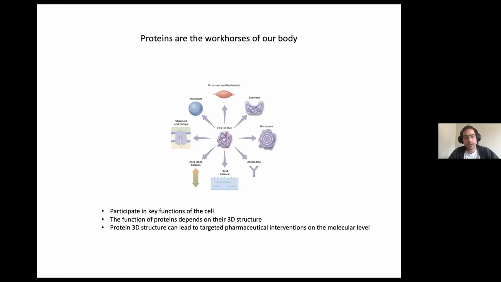So it's really crucial to be able to get the structures right, and this means both in atomistic resolution, but also in a quantitative manner, and not only having the ground state structures right, but also having low populated